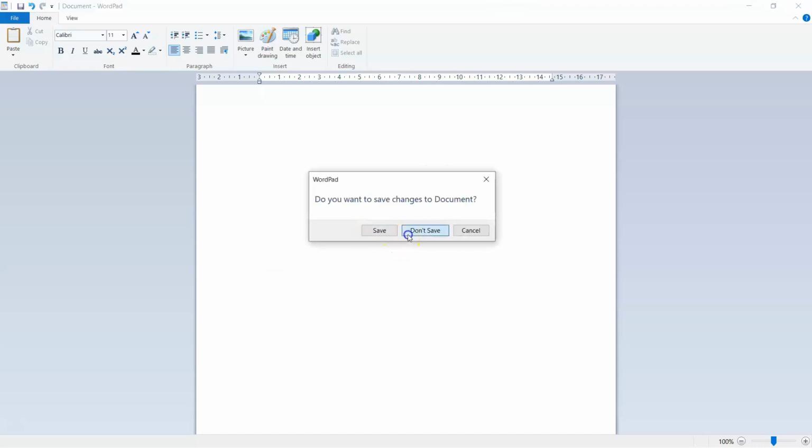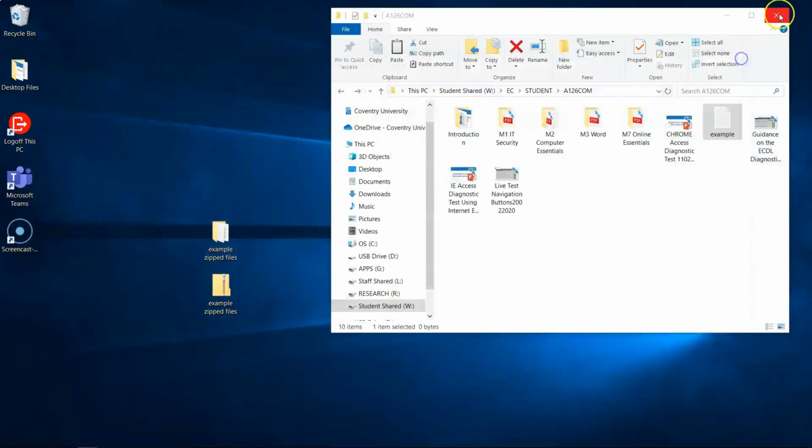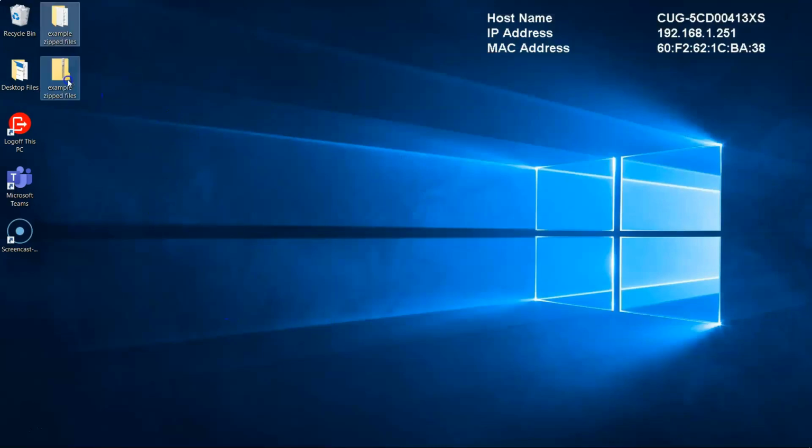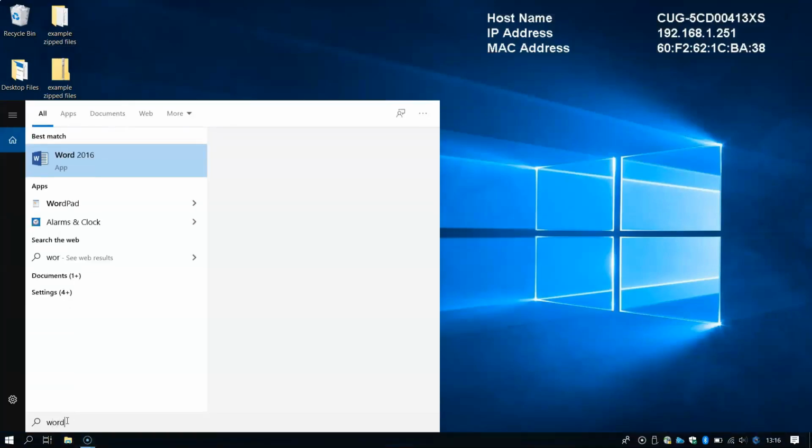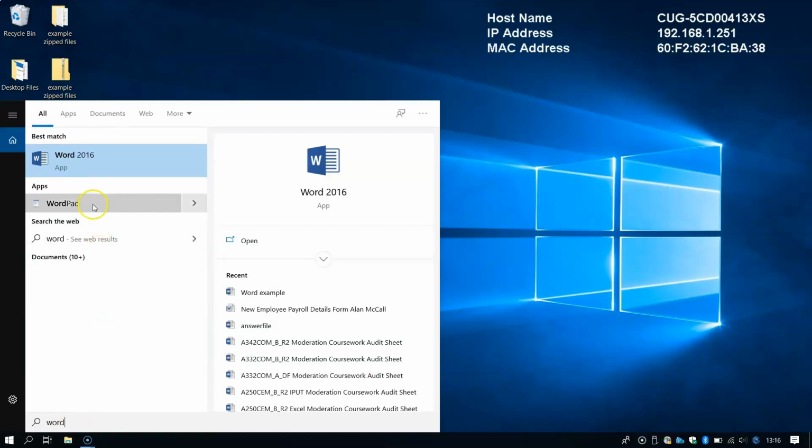So I'm going to just not save this. I'm going to close these two windows just down here, and so we're going to open up Microsoft Word. Now type in Word, and you'll see you've got WordPad and Microsoft Word. So if you left click Microsoft Word,